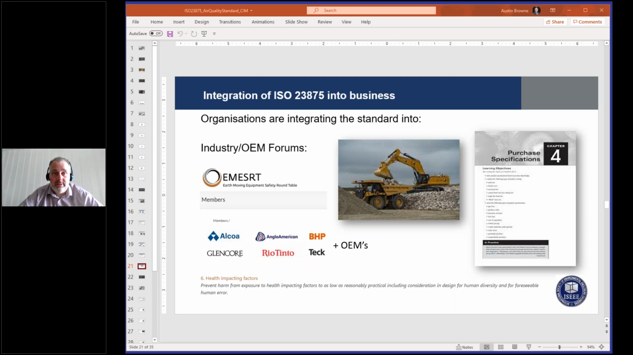So I'm part of the HSC function. So it's a group work. It's not only HSC, it's not only purchasing of new equipment, it's not only maintenance. So it's a group effort. And these different industry forums help to promote the standard in the business and outside of the business. It could be also used